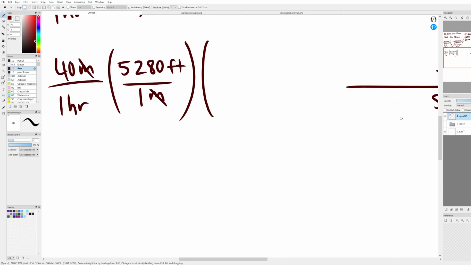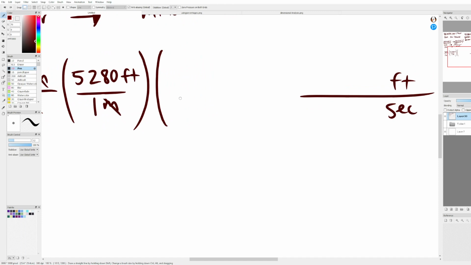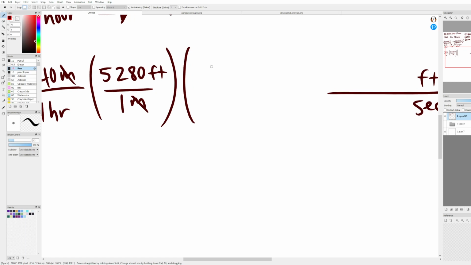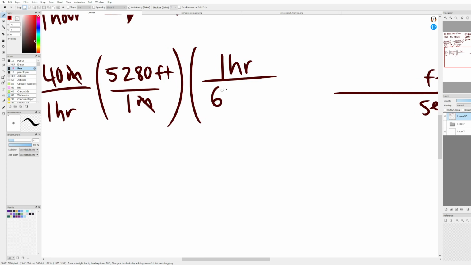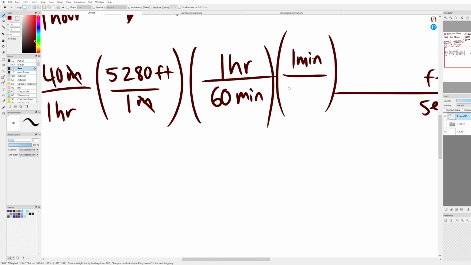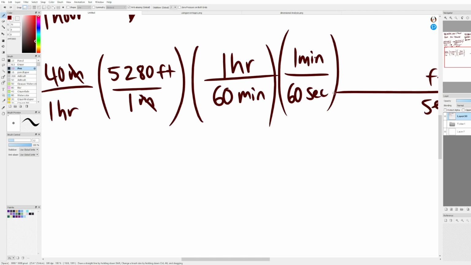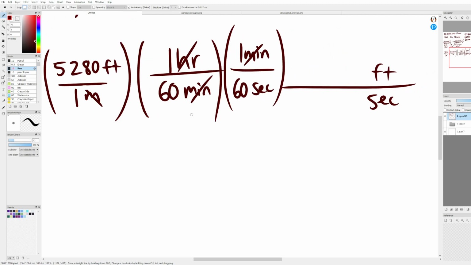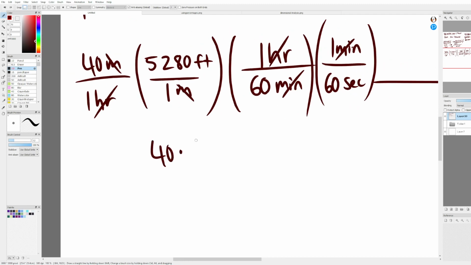Now we want to get rid of hours and turn it into seconds. There's a few ways that you could do this. I like to break it down into further steps. So 1 hour, and we're putting hour on the top because we want the hours to cross out, is the same as 60 minutes. And 1 minute is the same as 60 seconds. The hours cross out, the minutes cross out, which leaves us with 40 times 5,280 feet over 60 times 60